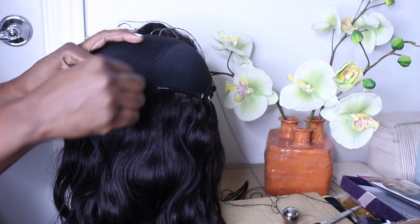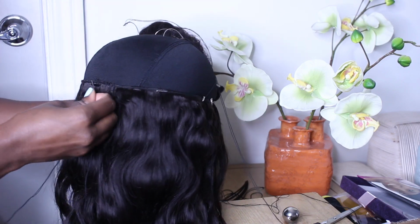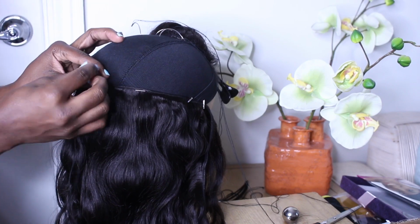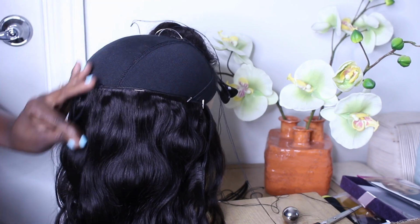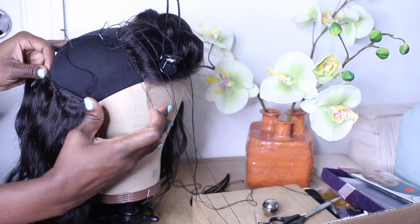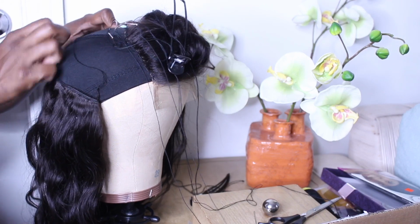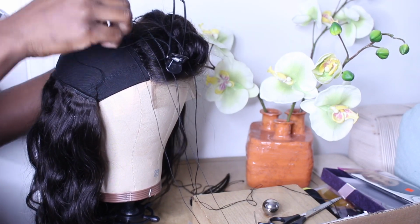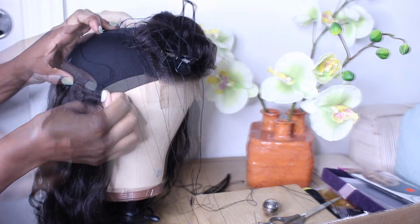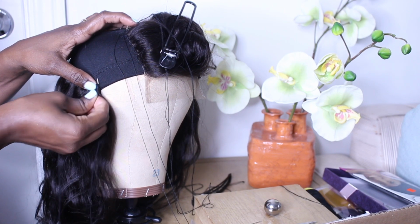the hairline as I showed you, just to make sure that no weft is showing or no wig cap is showing, just in case there's a windy day and the wind decides to be unruly. You're not gonna be embarrassed with your tracks or the wig cap showing at the front of your hairline. So here we're at the front of the wig at the hairline, where, as I stated, we need to pay very close attention, and I will be showing you guys how to angle that hair again, especially when you're doubling the wefts, so that it lays flat